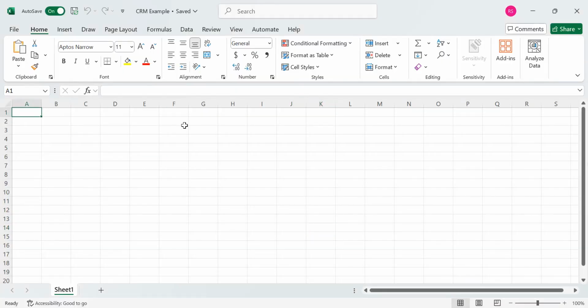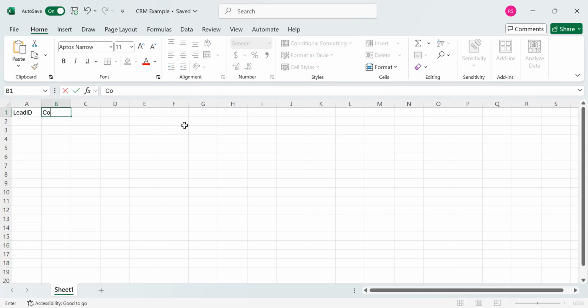All right, let's start with column setup. These are going to be all the variables that I'd recommend you track in a general CRM. Obviously, you're going to track different variables depending on the industry you are working in. But for this example, we are going to be tracking things like lead ID or name,